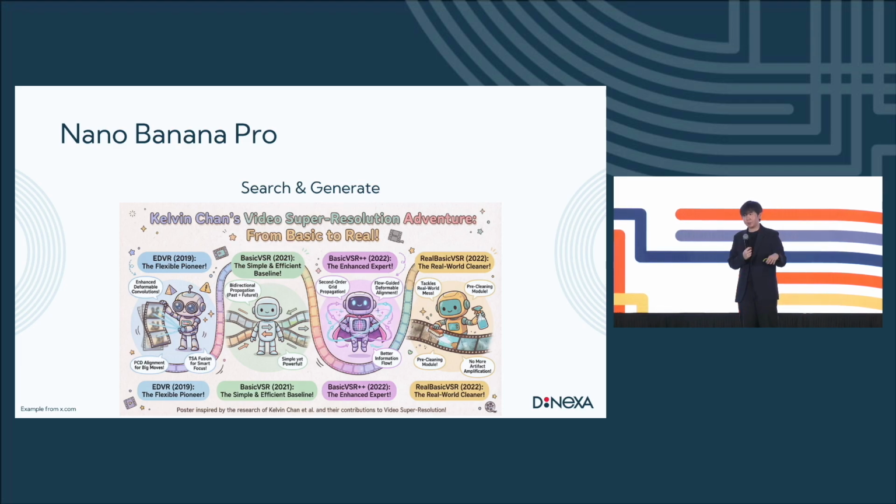I just typed "summarize Kelvin Chan's video super resolution papers." And then in 20 seconds, the model generates something like this. And if you really don't like the style, you can just prompt the model, "change the style to something else," then you can automatically get another style. So I think this kind of model unlocks a lot of creativity and also capability, because many of